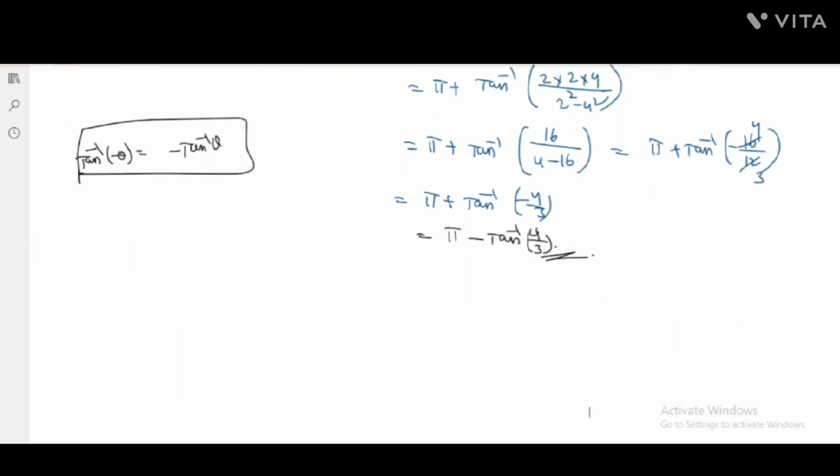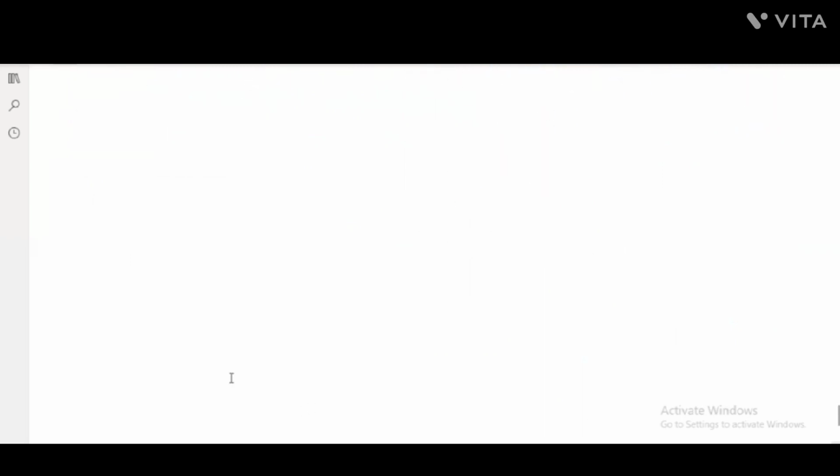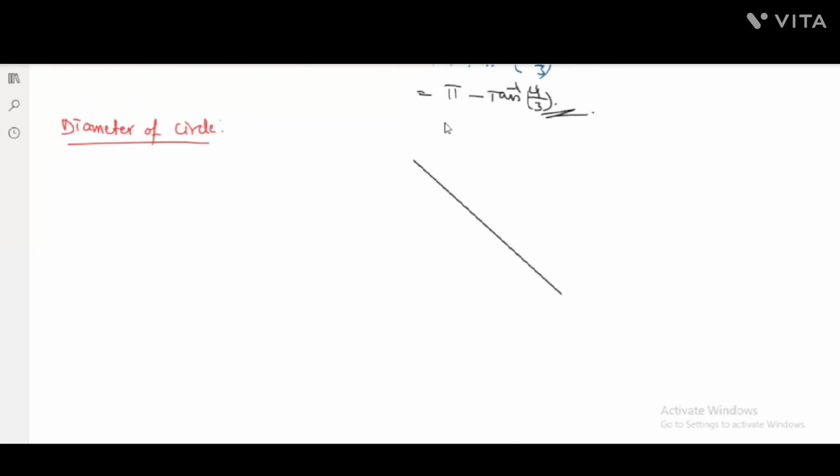So next, diameter of a circle. How can we define the diameter of a circle? Generally, it is the locus of middle points of a system of parallel curves. Locus of middle points of a system of parallel curves means if I take the circle,